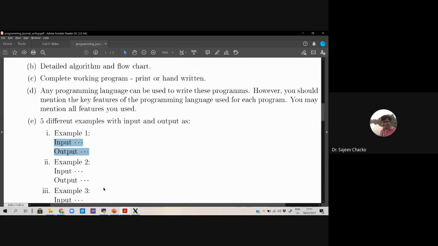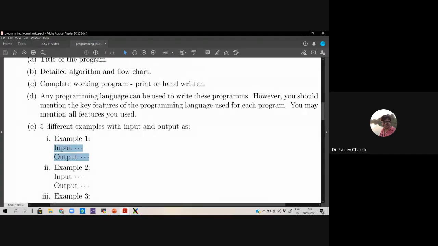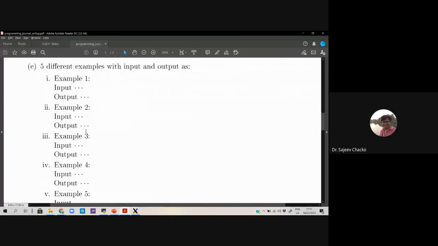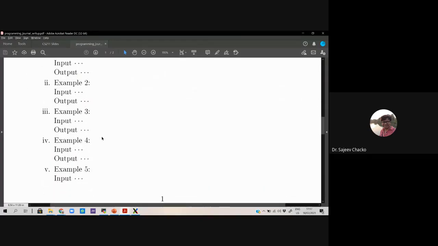The program also has to be given. You have to write the whole program and attach it in the sheet or the journal report, which could be printed or handwritten. Then the outputs for 5 different cases have to be given.